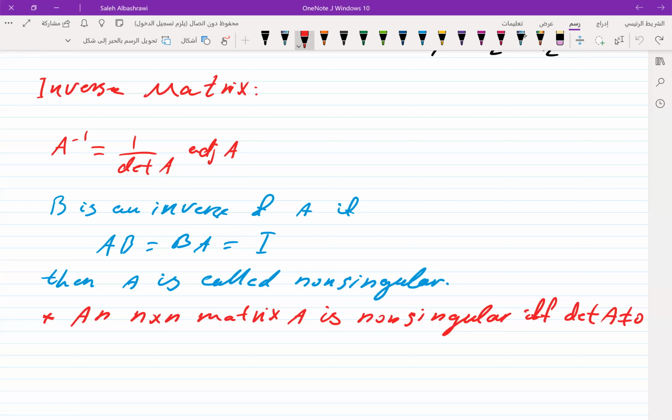Which means that we have some matrices that have no inverse. If they are singular, then we don't have any inverse for that matrix. If the determinant is not equal to 0, then it is non-singular and we can find the inverse. For example,